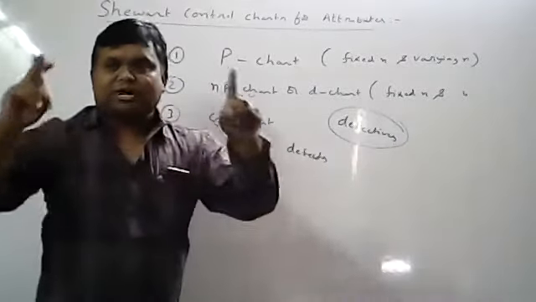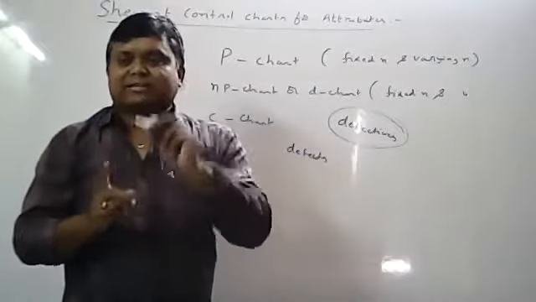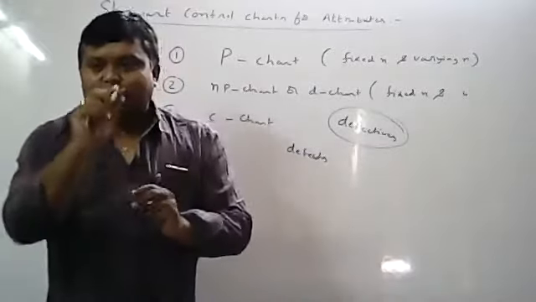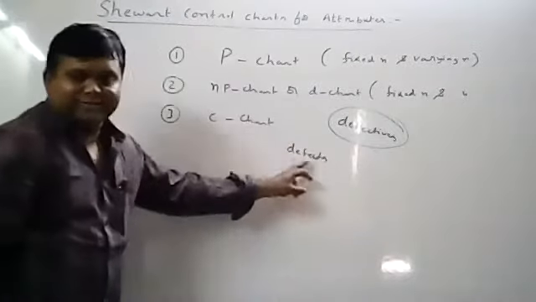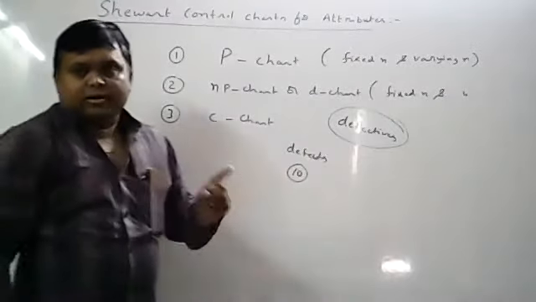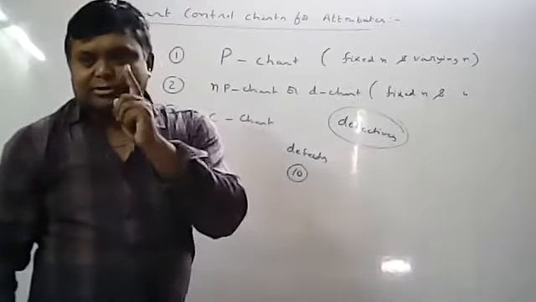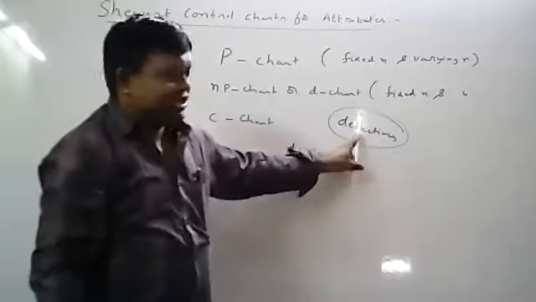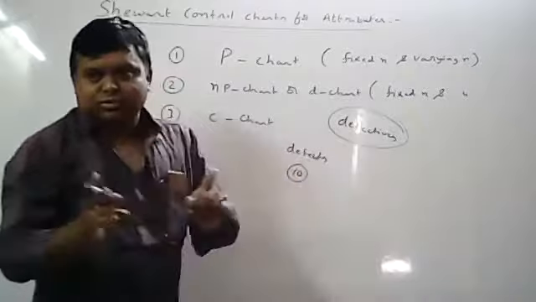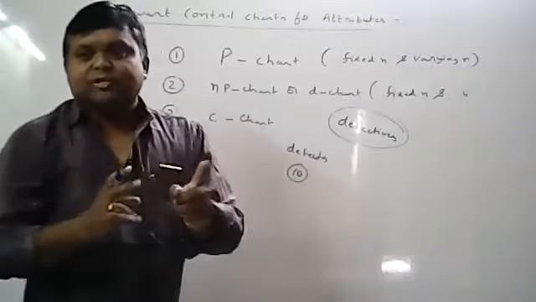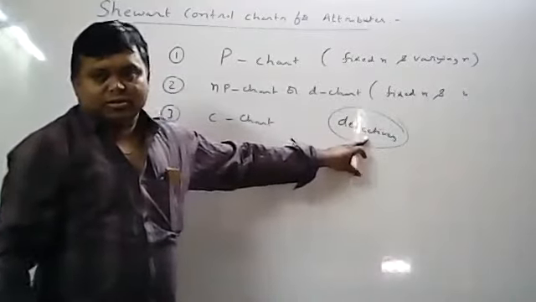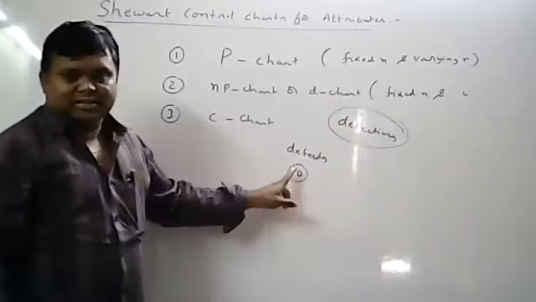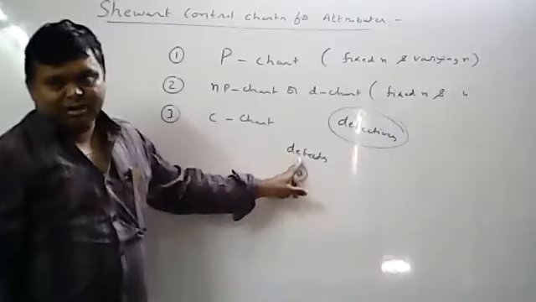Defects means, suppose a piece of cloth is considered. In that, suppose 10 holes are there. So how many defects? 10. If one hole is there, that is called a defective item. Now you understood the difference between defects and defective. If one hole is there, that cloth is called defective cloth. In a defective cloth, how many holes are there? That gives defects, that is nothing but number of defects.